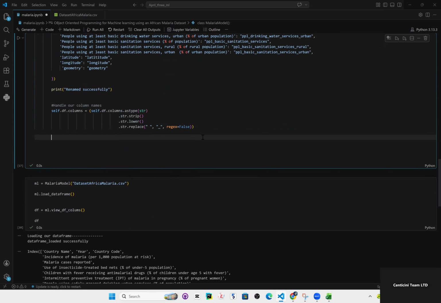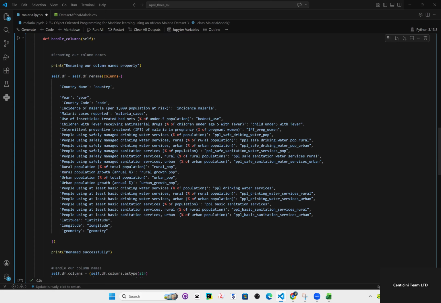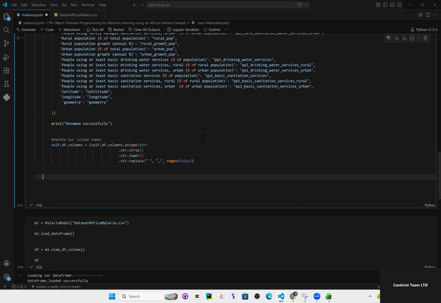What else do we need? We might want to drop some columns. I don't know if we should have a method for that specially. Probably to drop some columns. We could just do def, and maybe I think we can call this